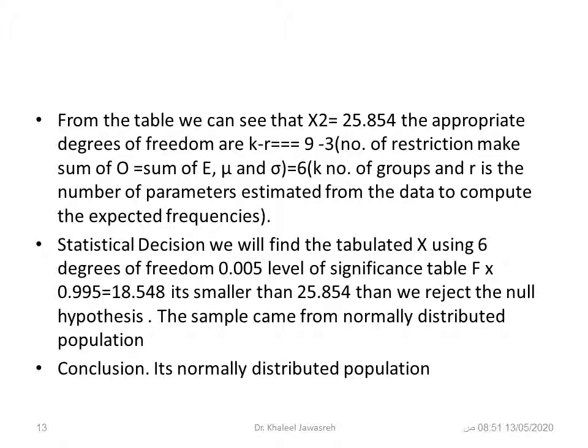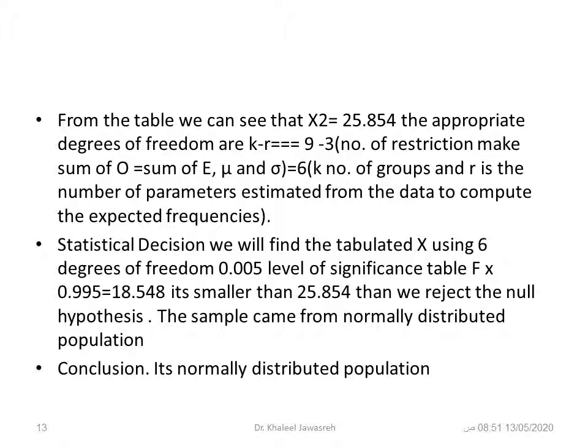R is the number of parameters estimated from the data to compute the expected, and K is the number of groups that we have, which is 9 actually. So for the statistical decision, we will find the tabulated chi-square using 6 degrees of freedom, which is the result of 9 minus 3,